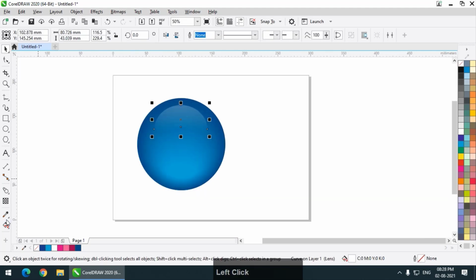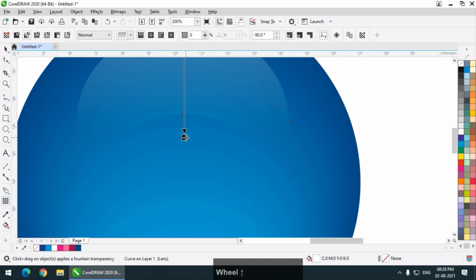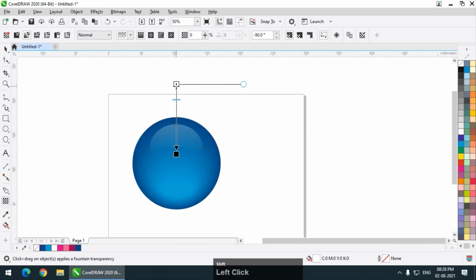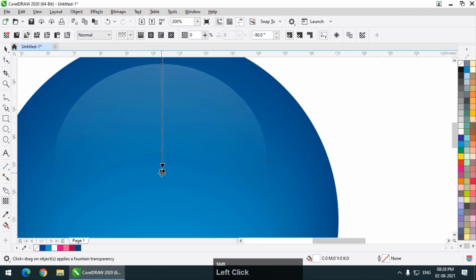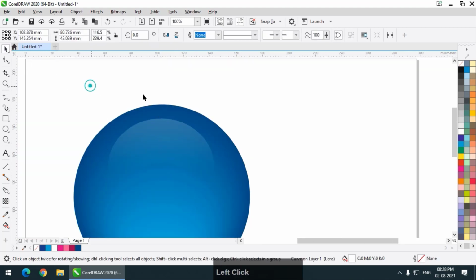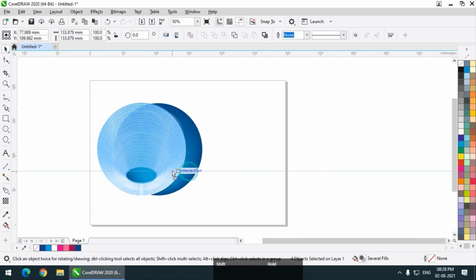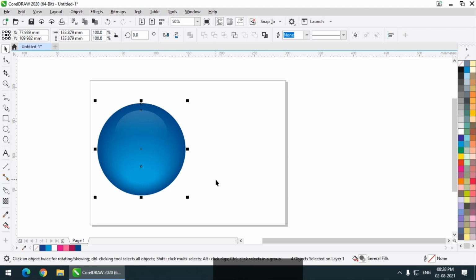Yes, transparency a little bit more, I think. Slightly upwards. Yes, looks pretty good. So this is how you can create gloss effect or glossy effect on any object, especially on a circle or